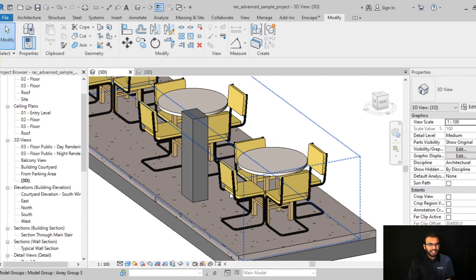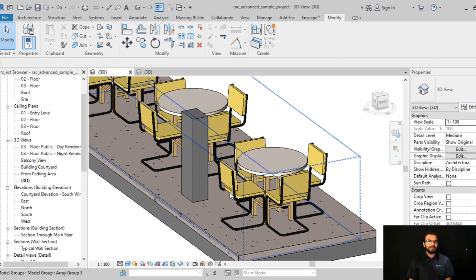So for that you need to understand what BIM is. For that you need to understand what a BIM execution plan is, and the way it keeps on going into detailing of your model. So that is why I just want to convey one more thing to you: don't consider Revit as a 3D modeling software only.